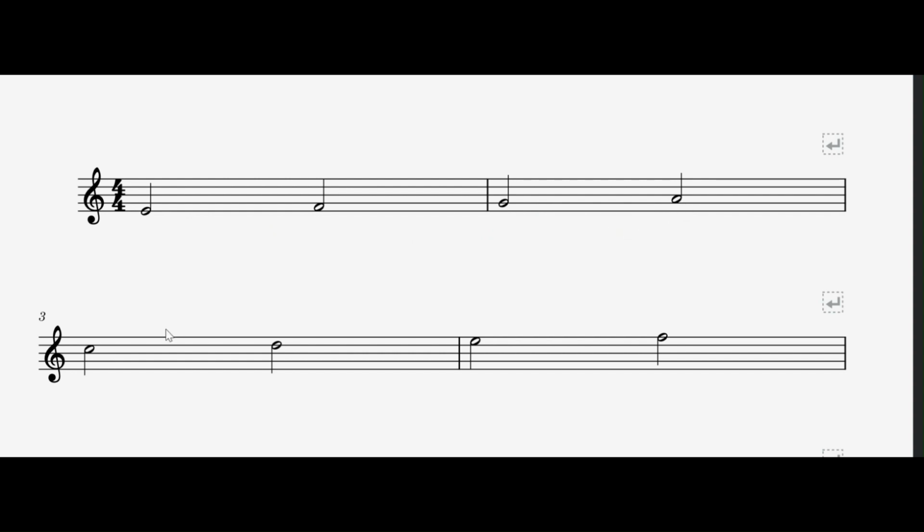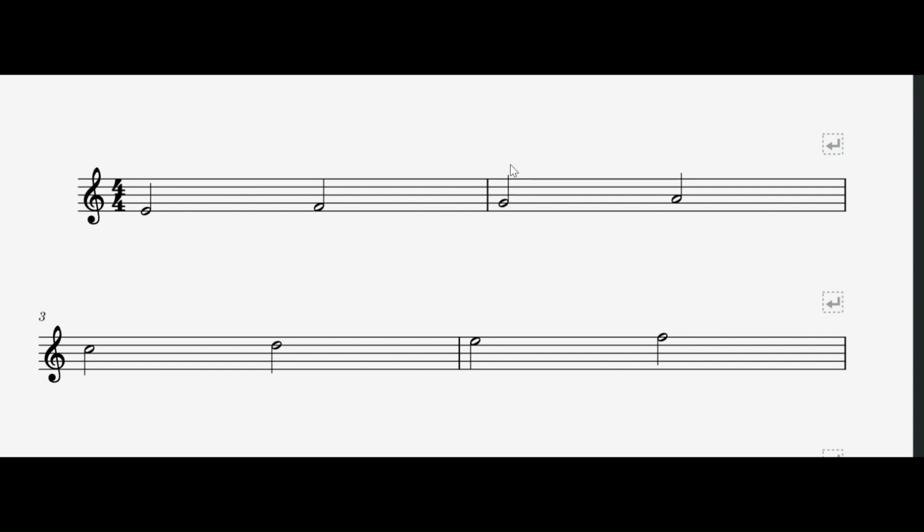And if you look at these 4 on the second system, these note heads are on the upper part of the stave. When notes are on the lower part of the stave, actually we learn to count the lines 1, 2, 3. Any note head that is below that middle line, below that third line,